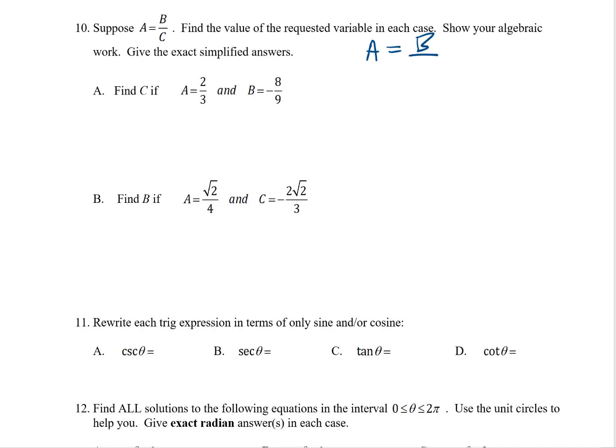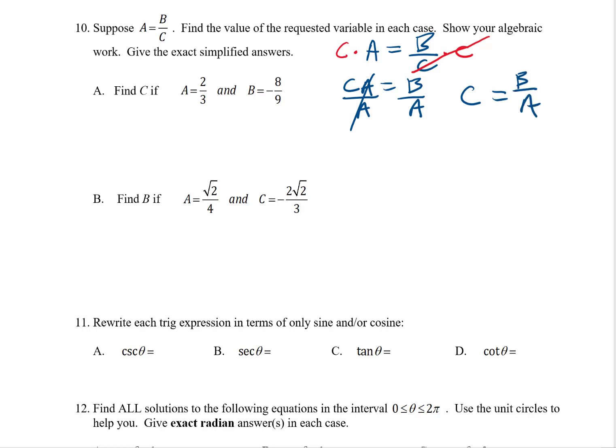So I have this formula, A equals B over C. I'd really rather the C be by itself because C is what I'm trying to find in this particular problem. So let me clear the fractions. That gives me CA equals B, and I can get C by itself by just dividing both sides by A. This version of the formula, C equals B over A, seems much more useful to me because now when I